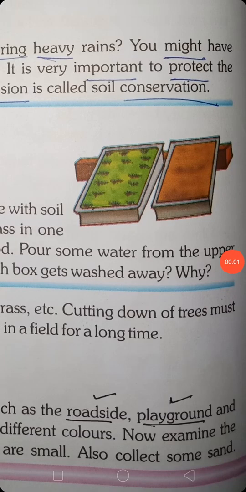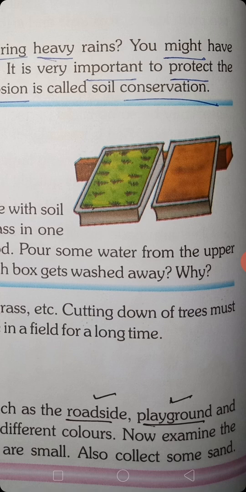So you can see clearly the first box is holding grass and all, and the next box is filled only with soil. So which box is saving soil here? The box which holds grass, the box in which grass or else plants are planted.